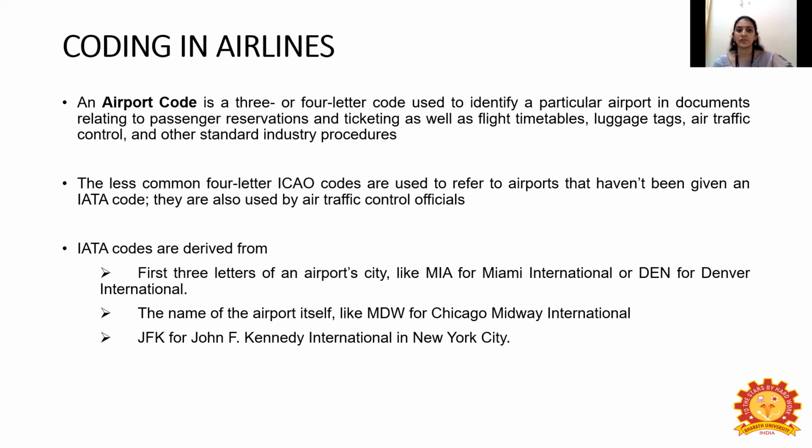So why do they give this coding? It's simple: MIA is a code, MAA is a code. What is the need to give these codes? Initially, when aviation was in the evolutionary stages, they didn't have this kind of coding structure. People were traveling from one place to another without coding. But after a period of time, a confusion arose when two cities share the same